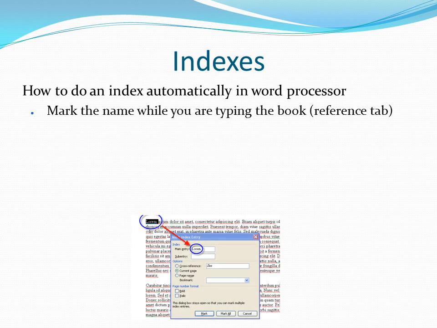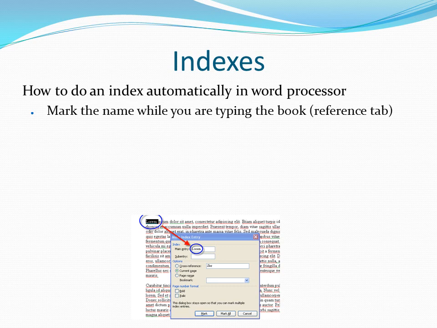Now we'll get a little more complicated because the automated method is a little bit more complicated. And so if I lose you here, don't worry about it. I don't usually recommend this method. Some people like to do this, and if you like to do it, that's fine. But this method is the way that as you're writing the book and you're going through the book typically, and you come across somebody's name that you want to include in the index, you highlight that name, and then you do